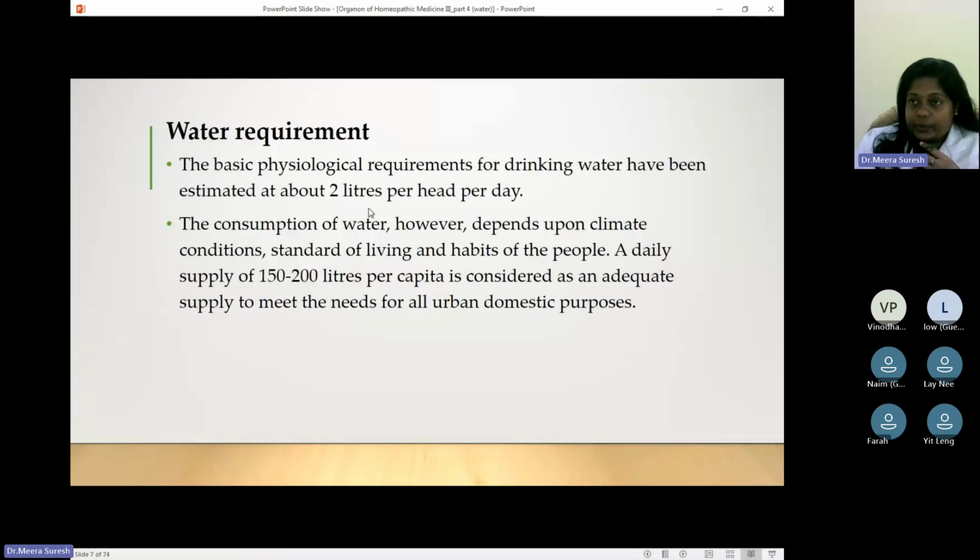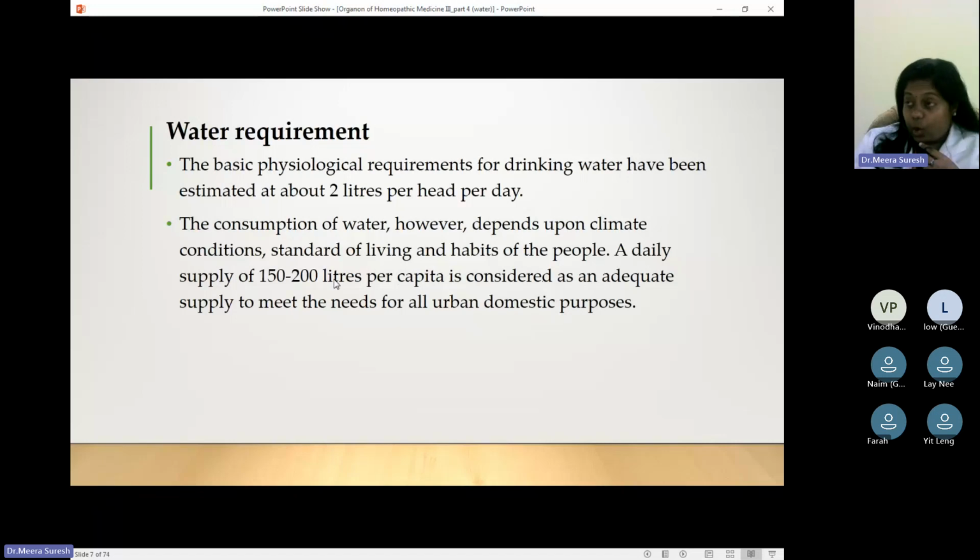So, for drinking purposes, we say 2 liters per person. But if it is to include the whole need of a human being per capita, per day in an urban area, not for industrial or other purposes but for domestic purposes, then a person living in an urban area requires 150 to 200 liters minimum per day for his domestic purposes, and that actually indicates the amount of